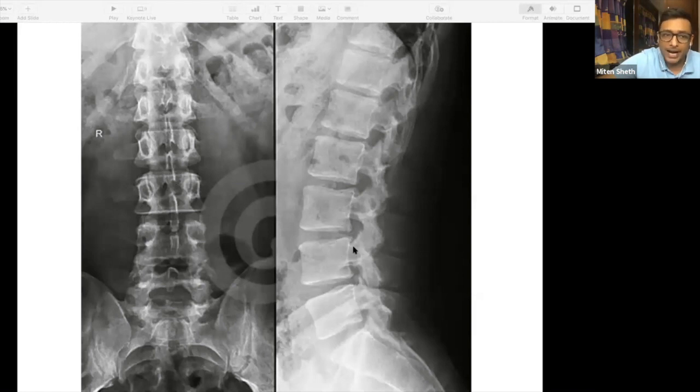Are you able to see the pedicle? Are you able to see the pars? Are you able to see the joints and the spinous processes? Okay. Once you have seen that, then you have to see the disc space or the empty space between the two bodies.